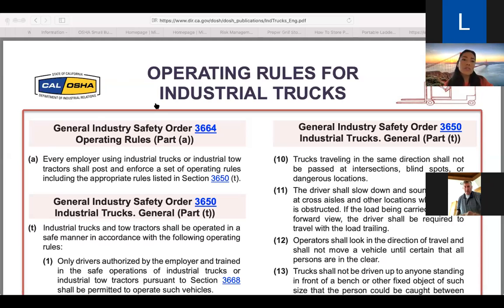So you got consultation, enforcement fields, etc., right? But what's interesting about this, if you go to the homepage of the Cal OSHA website, is you have great information here to keep you updated. So one of my first things for you to do is that same person that you put on per the